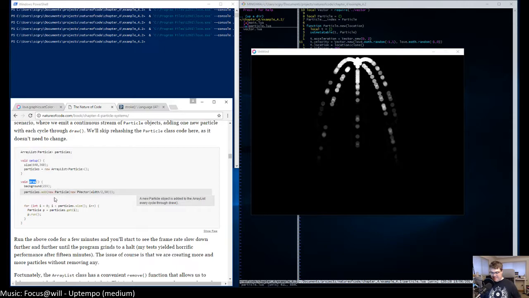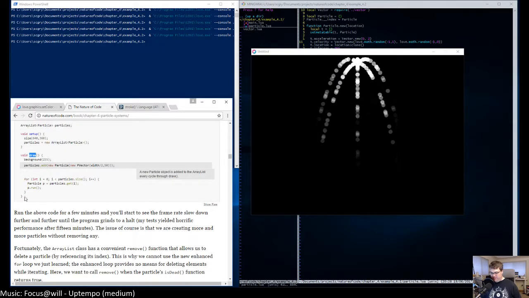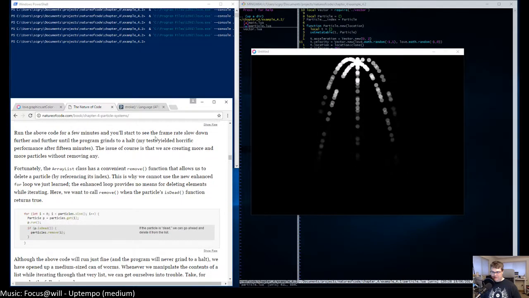So that's exactly how we're going. Fireworks, yes, it kind of is. Run the above code for a few minutes and you'll start to see the frame rate slow down. Yes, that's because we're adding all these particles every single frame and we're never cleaning them up.